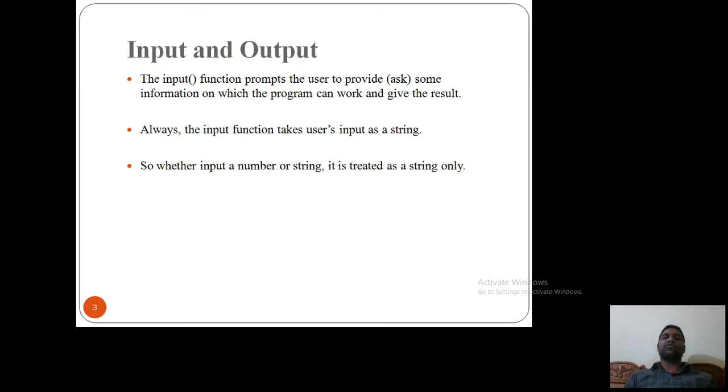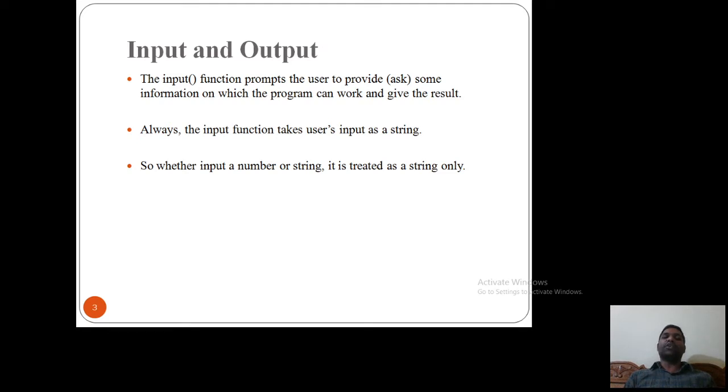So for that we need to use a function called input function. By default, input function will read the string as an input. Whether you enter any integer or any float value or any string value, it will read only in the string format.